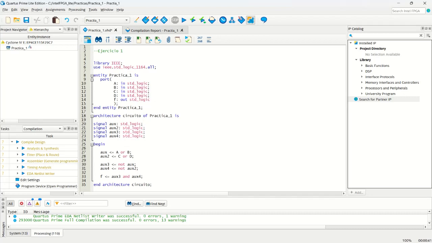The objective of this practice is to learn the basic principles of the VHDL language to simulate combinational circuits in a FPGA board. The operation of each code will be explained based on the truth table obtained from each circuit, and the result will be shown on a FPGA board. So the first circuit to be analyzed is this one,